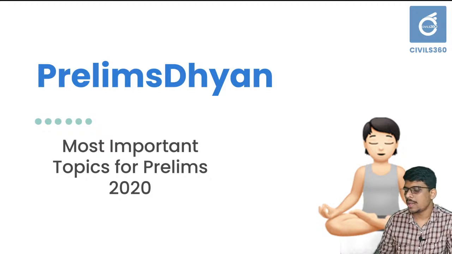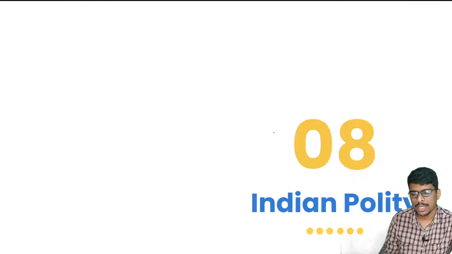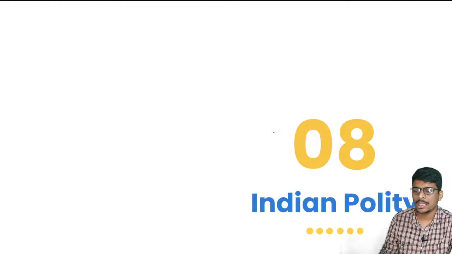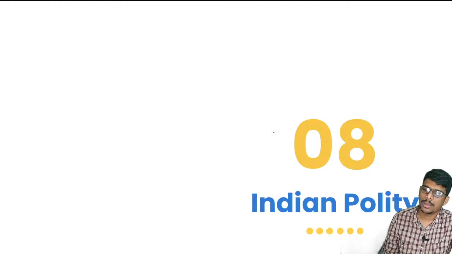Okay. Today we will be moving to the most important topics of Indian polity, and I have mapped the current affairs with the static portion. It's just 12 or 13 topics. Just go through this, and also you should revise your basic textbooks. Indian polity questions cannot be directly identified from current affairs. Rather, you should be revising your Indian polity by Lakshmikant and NCERTs so that you can answer more questions.